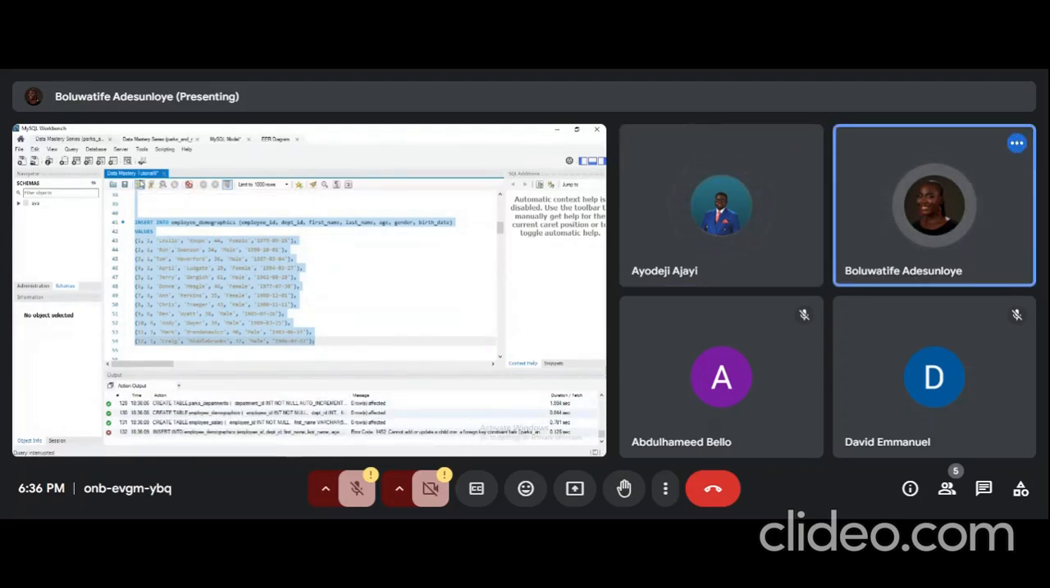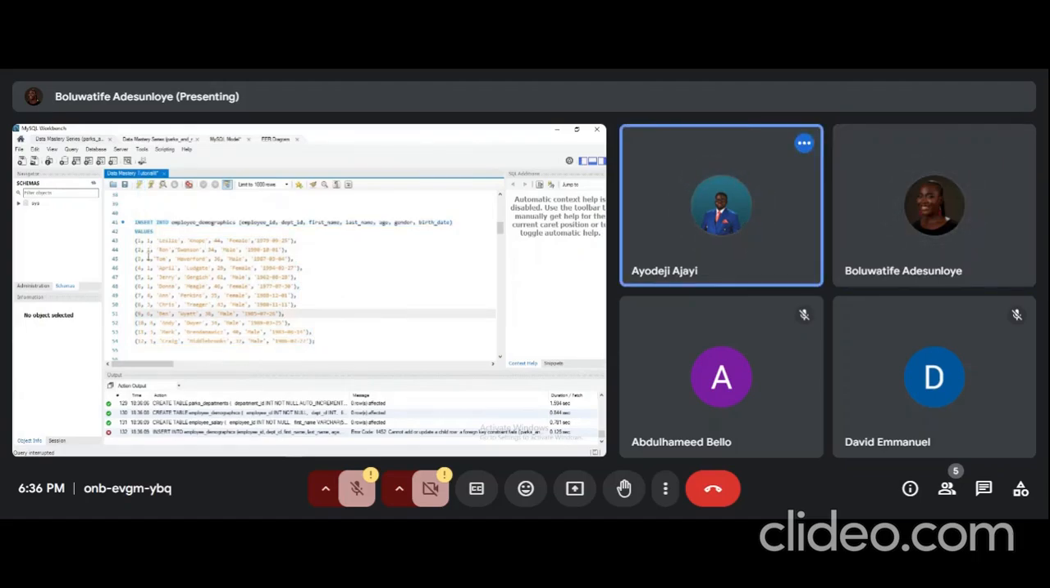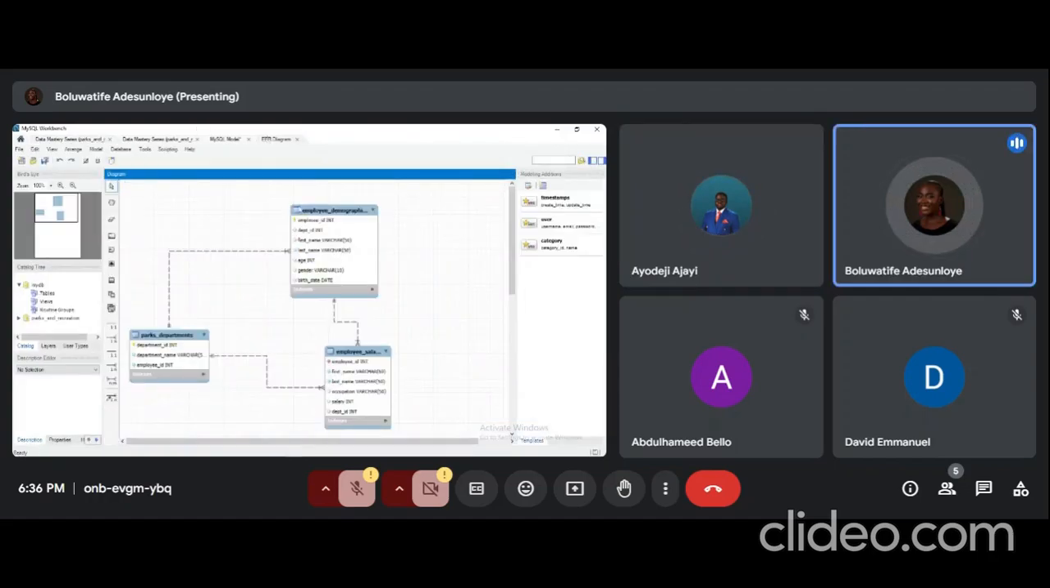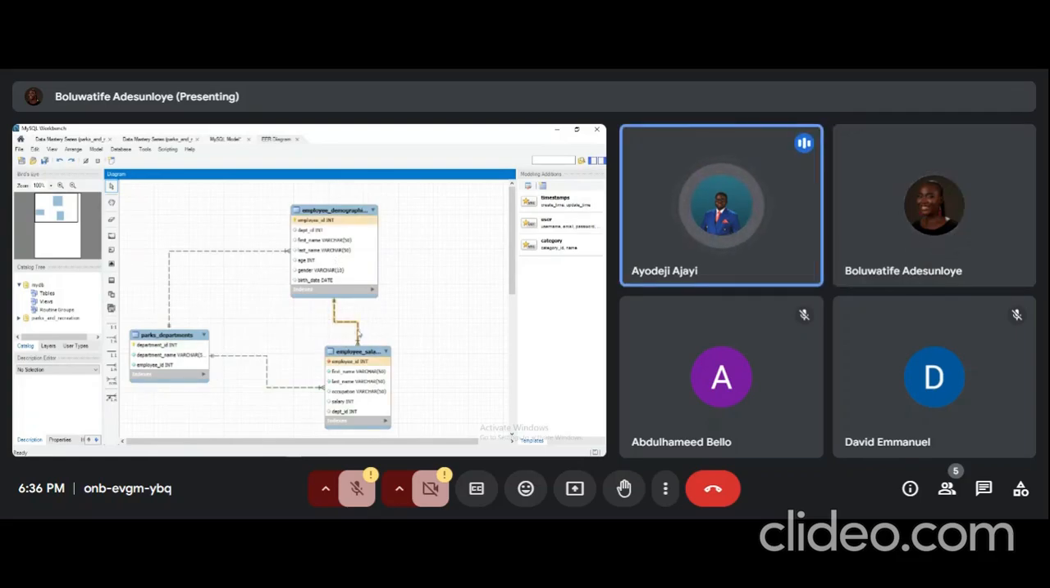Still having the issue. And if this is okay, it means that the connection is okay. So meanwhile,